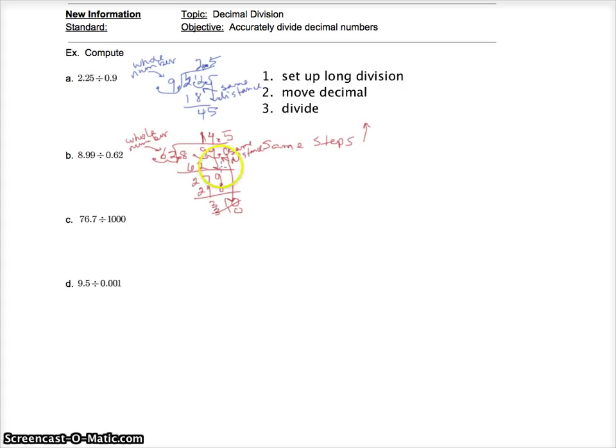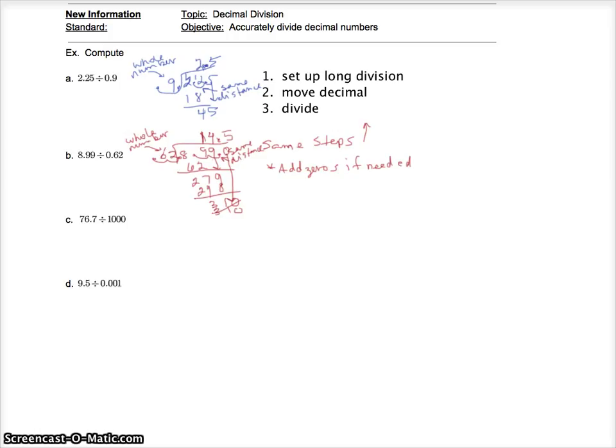So just line up your decimals. Remember this little trick, you can add zeros whenever you need to, if needed. And sometimes you'll need to, and that's okay. Okay, down here, I've got